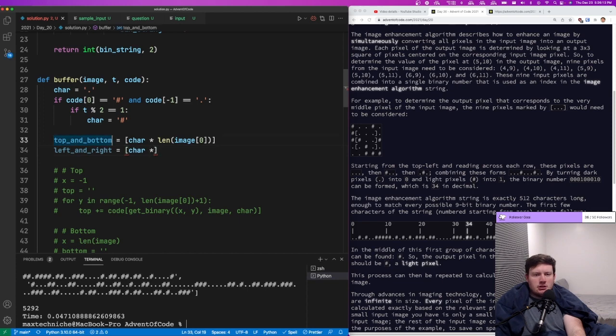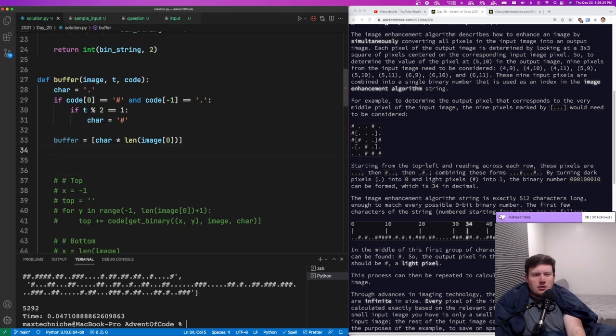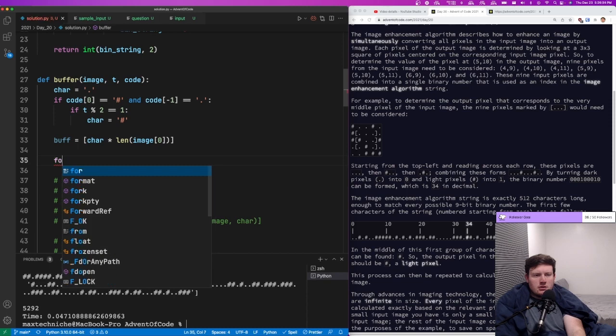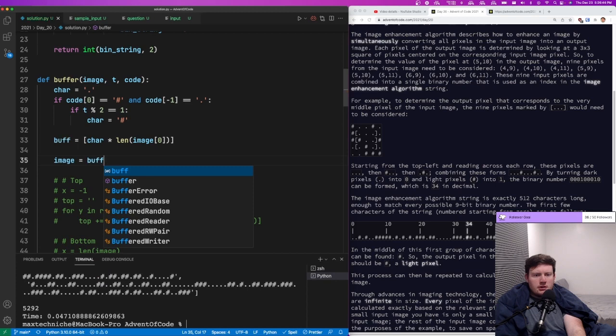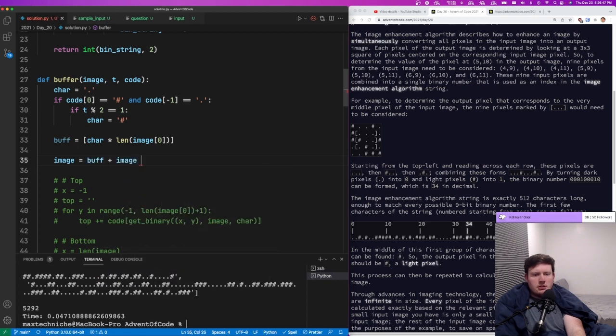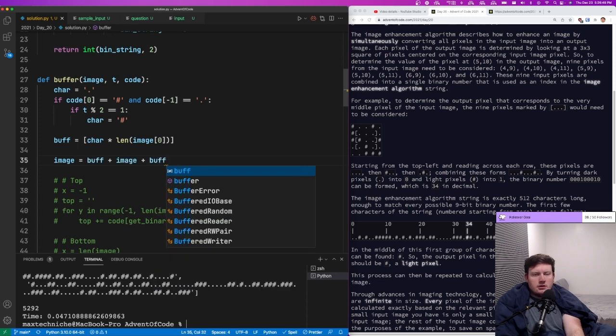Actually don't need this to be. So image now equals buffer plus the image plus the buffer,